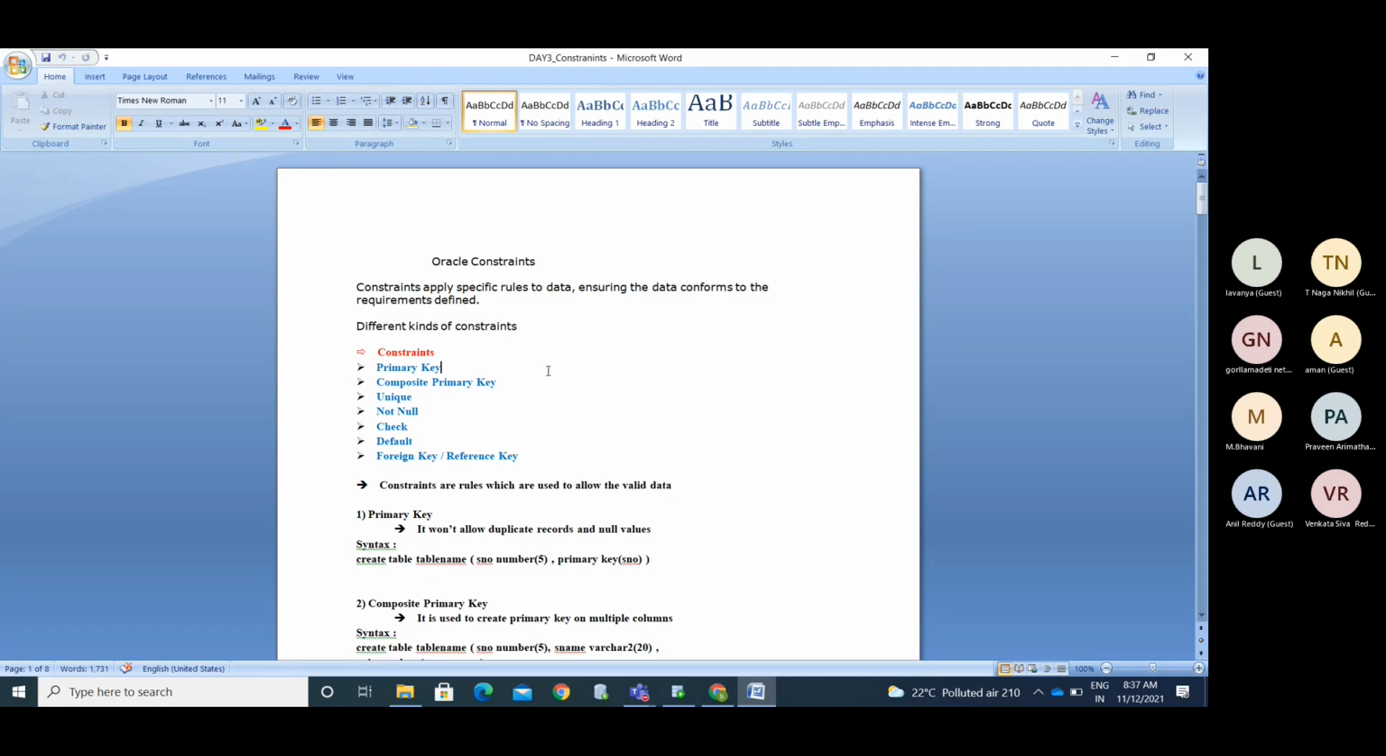Constraints apply specific rules to the data, ensuring data conforms to the requirements defined. So it gets validated while entering any information. While entering information, you expect some X and Y input. Other than that, if the user provides any other input,